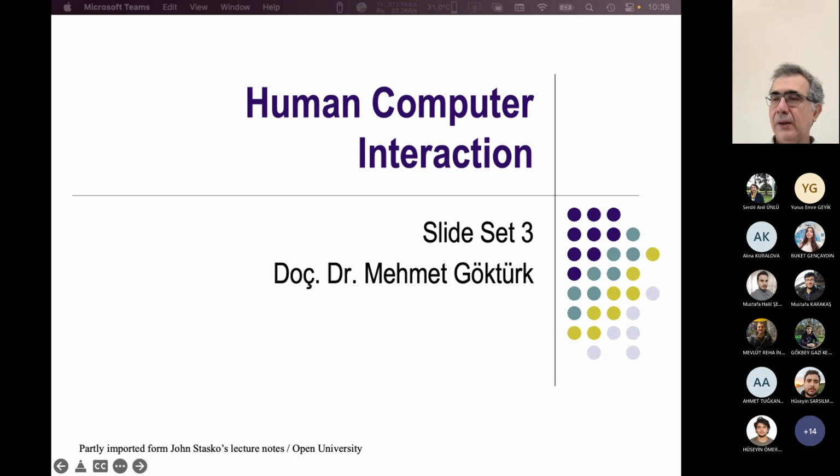Okay, so today we are going to talk about task analysis and the steps before designing an application or a system. How are we going to gather requirements? It's a typical software engineering issue